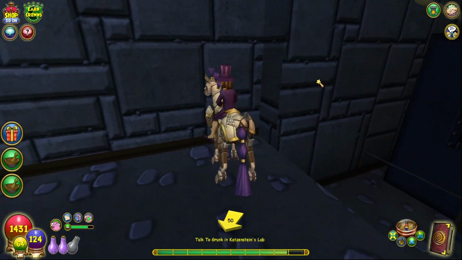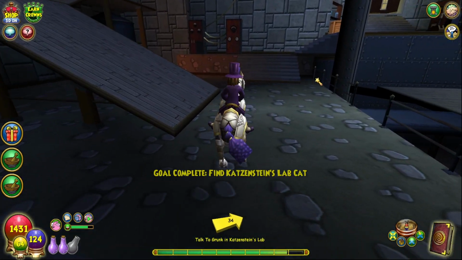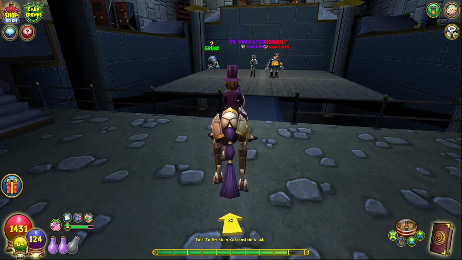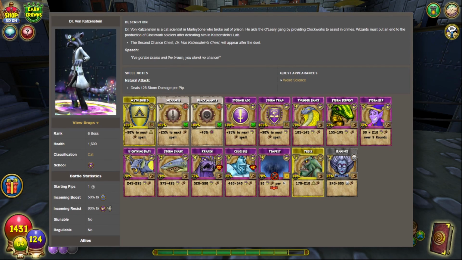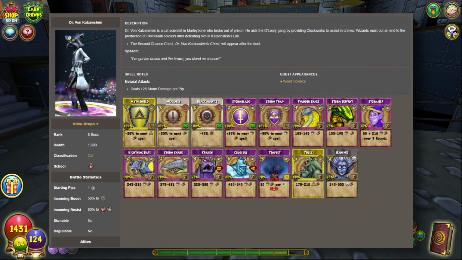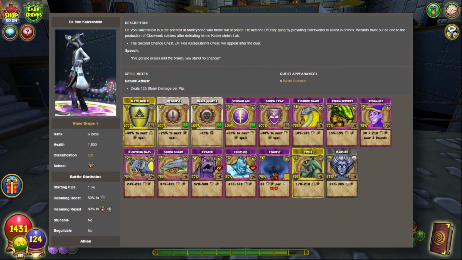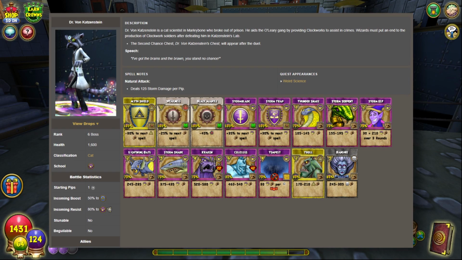This is where the Z quest is for this dungeon. Alright, I'll be right back. Let me take a look at what this has. Okay, so looking at the wiki. Dr. von Katzenstein, real quick. Okay, we're doubling up on Storm here. Okay. Dr. von Katzenstein, he has...